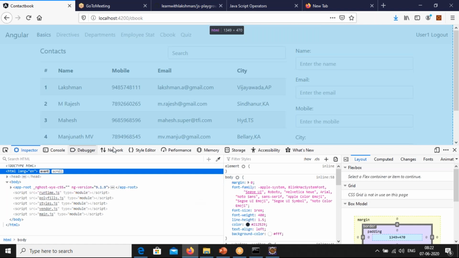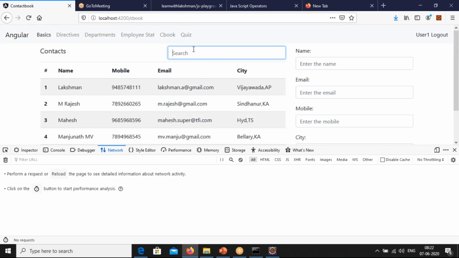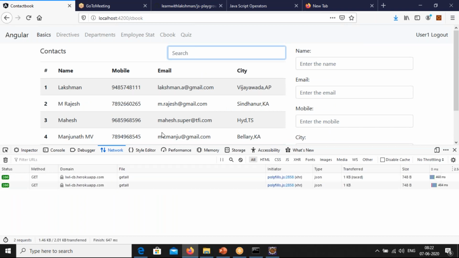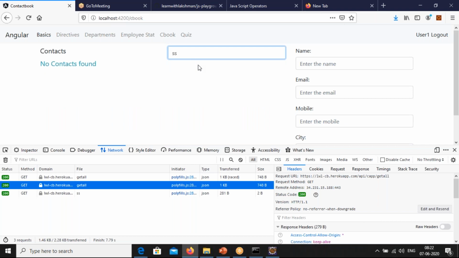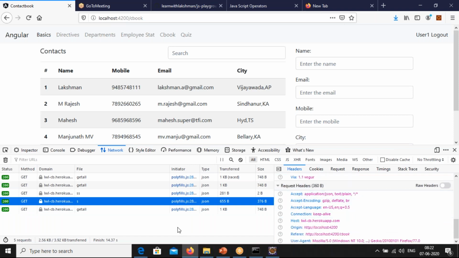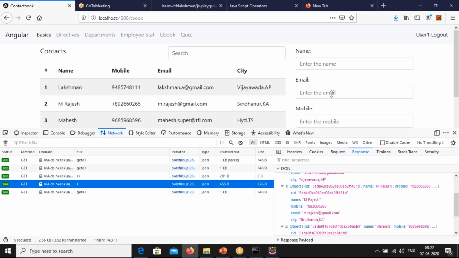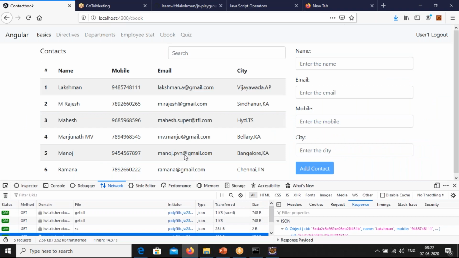This information you are not getting from the local machine, it is coming from the server. That server is running somewhere. As you can see here, this is the place where your server is running. Here I'm going to write SS and enter. There is nobody with SS. I'll type the letter S, and you will get these people. You are making a server call here, and this server call gives the response. This is the response object it has given. How you render this response object, you will be using Angular to generate the response. The same thing you are going to add here.